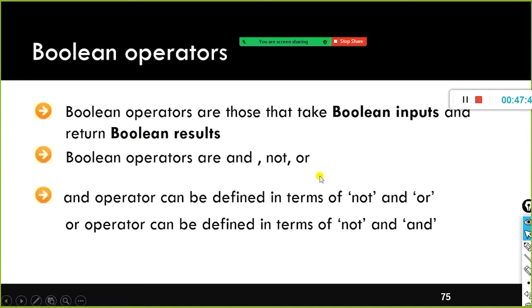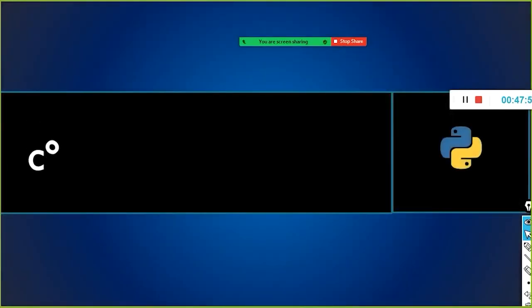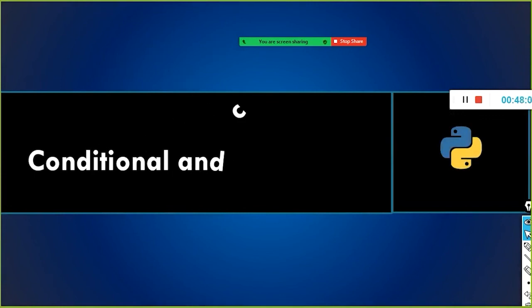And Boolean operators are and, or, not. Yesterday we have seen it, how to use and, or, and not. Not also we discussed. Not True is nothing but False. Fine. So next we will take a look at